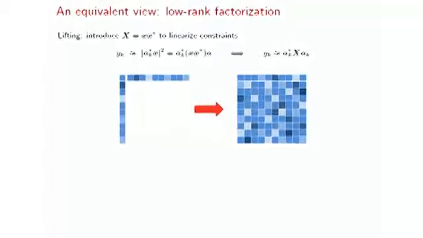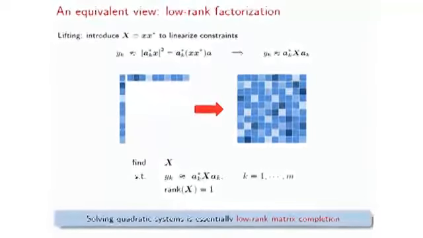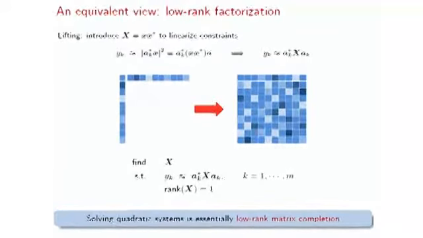Okay. On the other hand, the importance of this problem might be even more apparent if we look at it from a different angle. So suppose that we introduce a new matrix variable, capital X, and use it to represent little x times little x transpose. The set of quadratic constraints we have will naturally be converted to a set of linear constraints about this new matrix variable. So essentially, solving quadratic systems is about finding a rank 1 solution based on a set of linear constraints. As a result, our efforts in solving these quadratic systems will have a lot to say about the more general low-rank matrix completion problem.